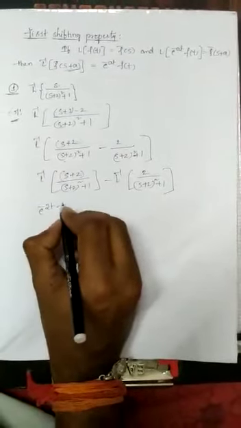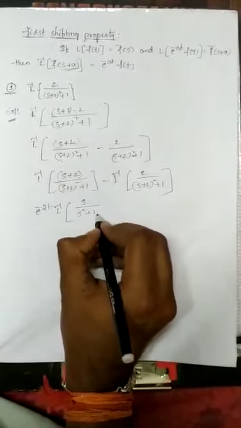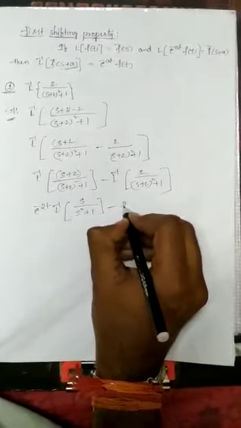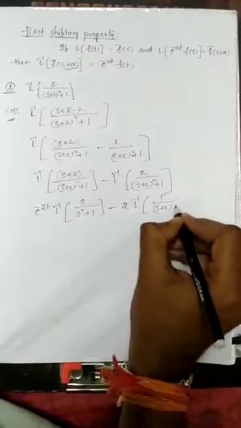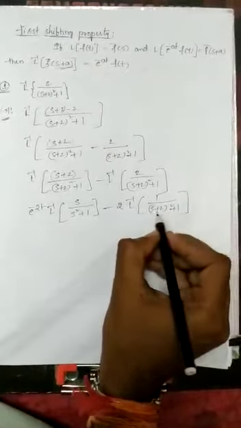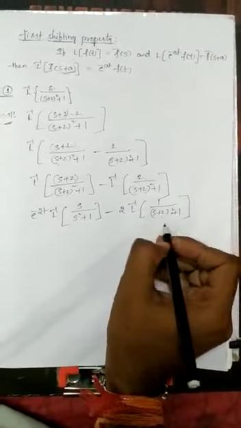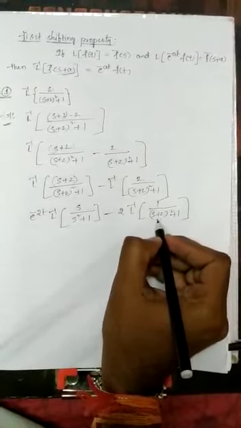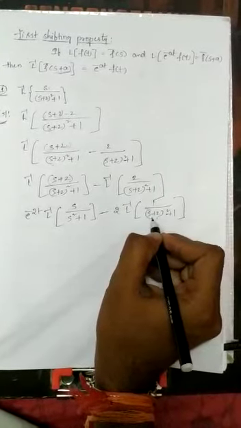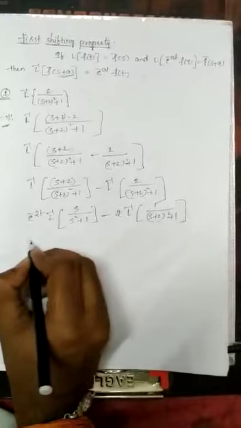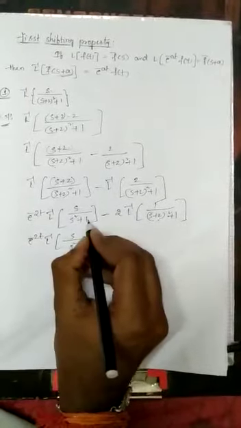If you write e power of minus 2t outside, this s plus 2 becomes s by s square plus 1. Then here we have to write the 2 outside, Laplace inverse of 1 by ((s plus 2) whole square plus 1). Now here also we have s plus a, but in the numerator we have a constant. So directly here we can replace this s plus 2 by s by writing e power of minus at outside, that is e power of minus 2t outside. So let us write here, e power of minus 2t into Laplace inverse of s by s square plus 1 square,